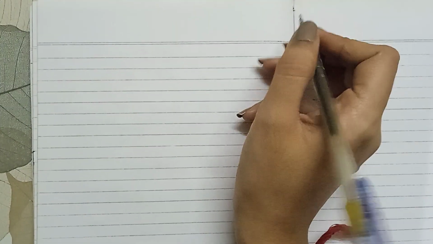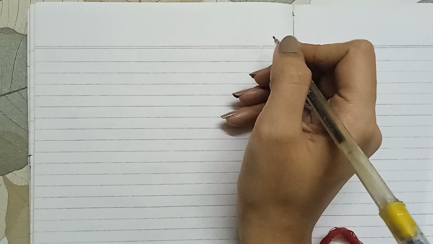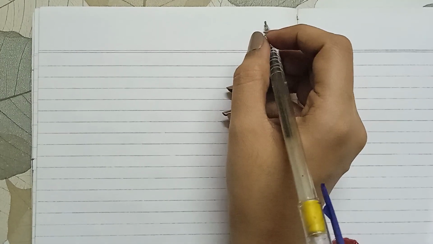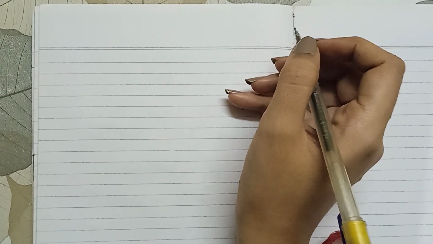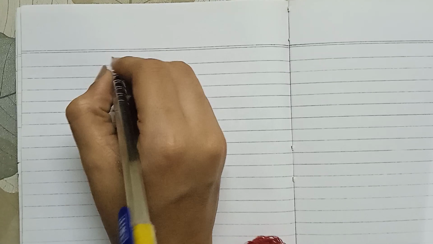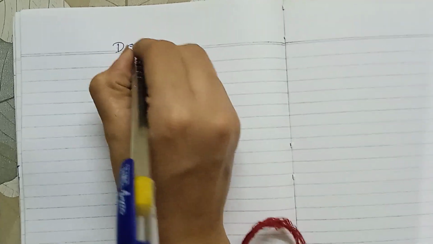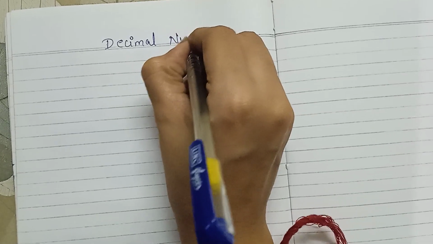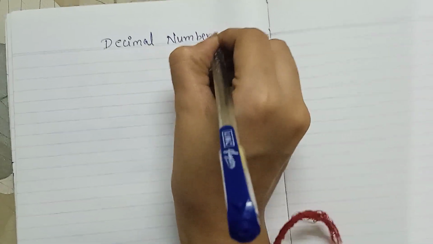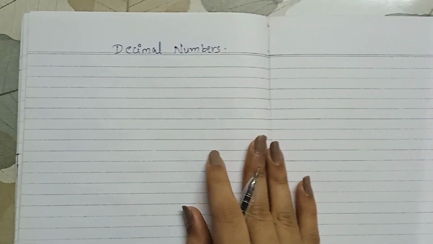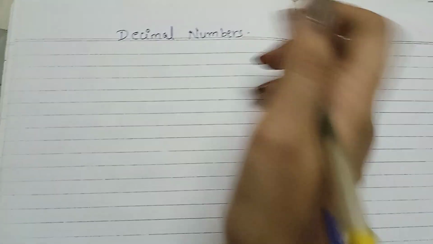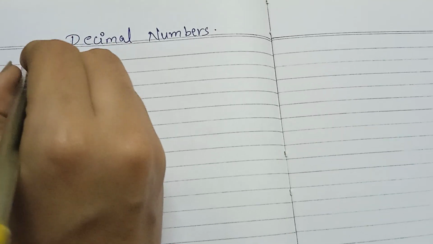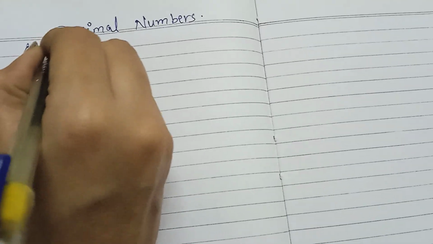Hello everyone. So today we are going to see about the operations on decimal numbers. Okay. So what are decimal numbers? We all already know decimal numbers and decimal fractions. We are going to see various operations we carry out on decimal numbers. So the operations we are going to learn are addition,